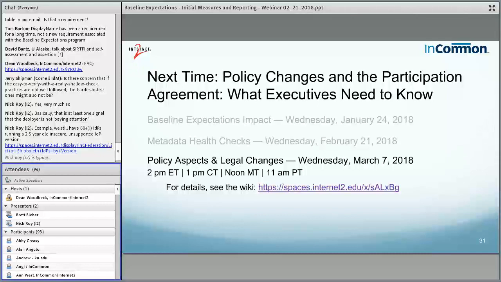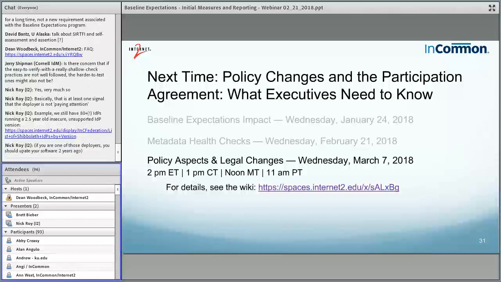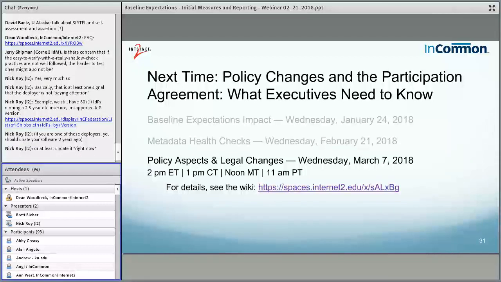That is really helpful. And in many cases, I'm sure that we will see the data show this. People will just be able to add in a contact, add in those pieces of data very easily, and they're likely already doing the generally accepted security practices and other aspects that baseline expectations just gives us a mechanism to